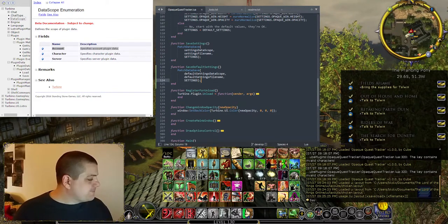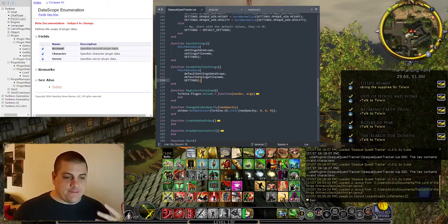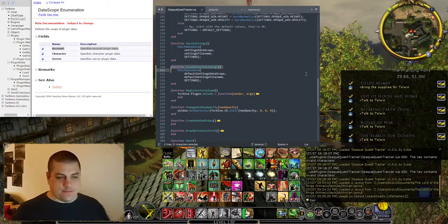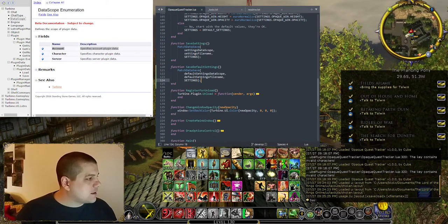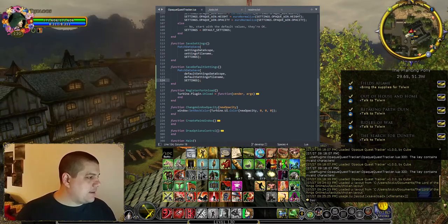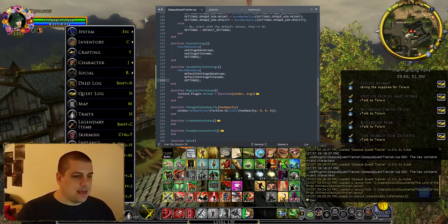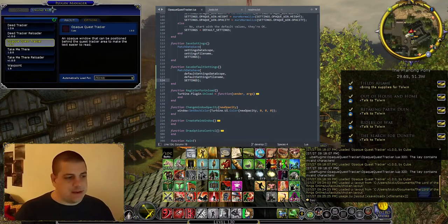Okay. So we've got a function to call. Now we need to know when to call it. I'm going to go ahead and hide the API documentation. So we can come in here into the game and under the system menu, plugin manager,